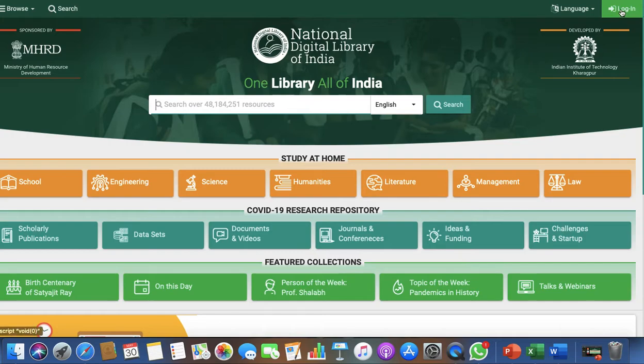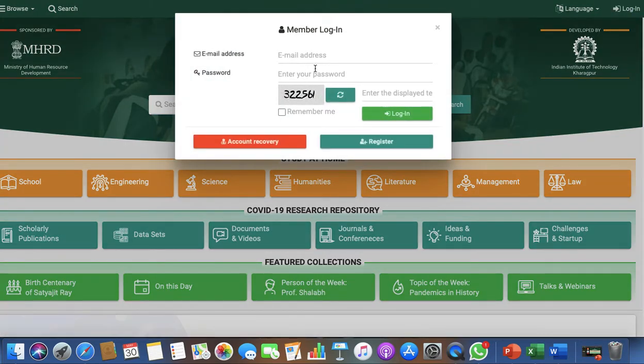Then you can log in with your email ID and password. Before that you have to register yourself. All of you must register to the best virtual library that exists in India. You can register with your Gmail ID. If you have forgotten your ID and password, you can do account recovery with the help of this tab.